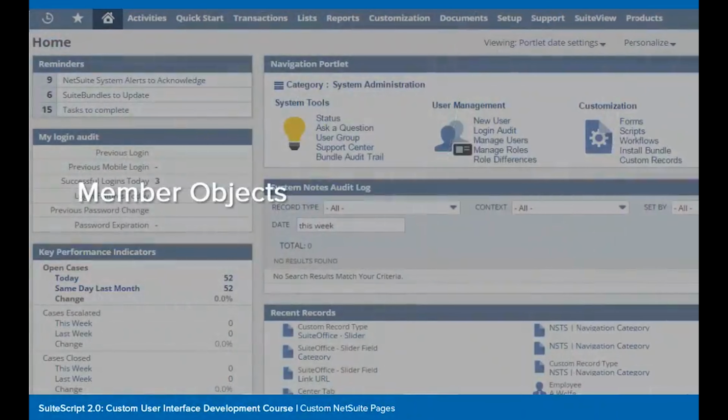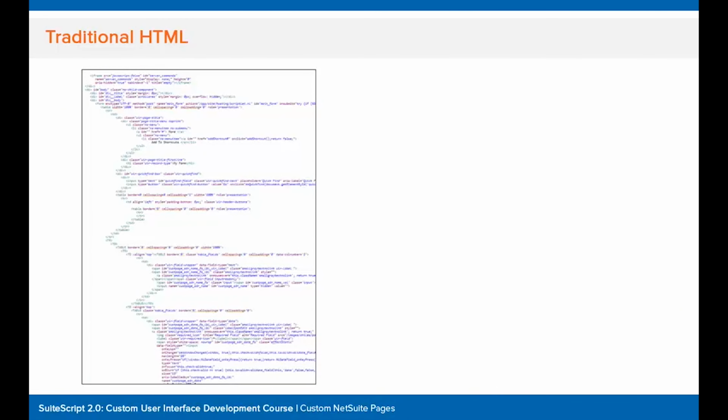Once you have determined what kind of form or page type you're going to use, the next thing you will be thinking about is what kind of elements you're going to add on your page, and those would be your member objects. In terms of member objects, if we try to compare that with standard HTML, if you look at this source